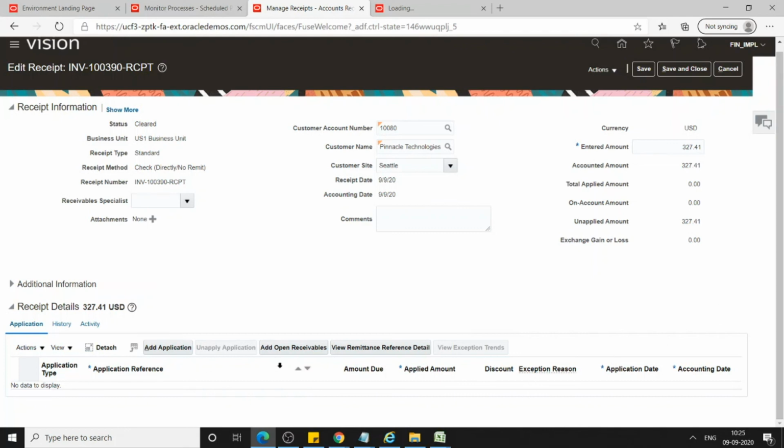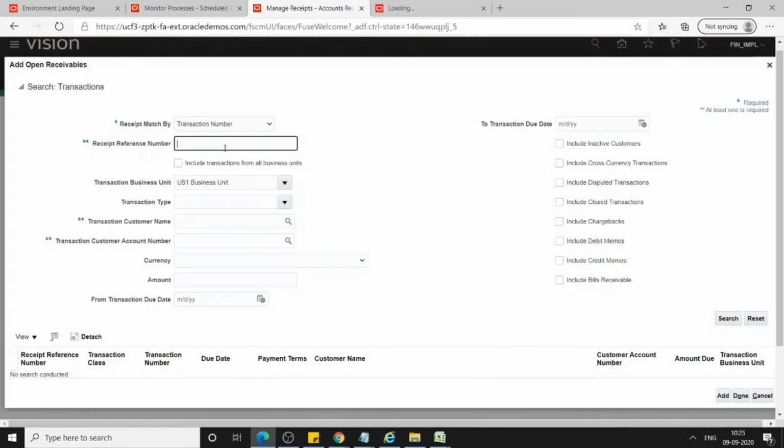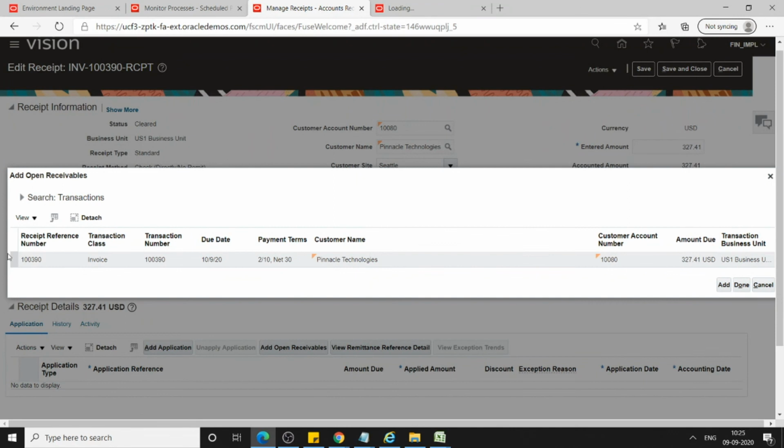Okay, so let me click on this again, add open receivables. We'll enter the invoice number. So this is the last minute jerk. It's not a happy flow for us, right? Let me select this, add, done.